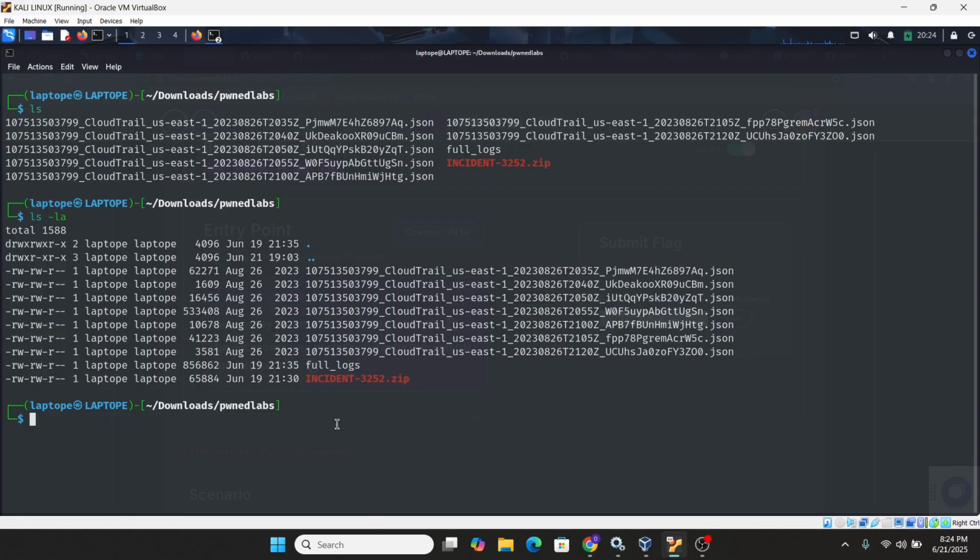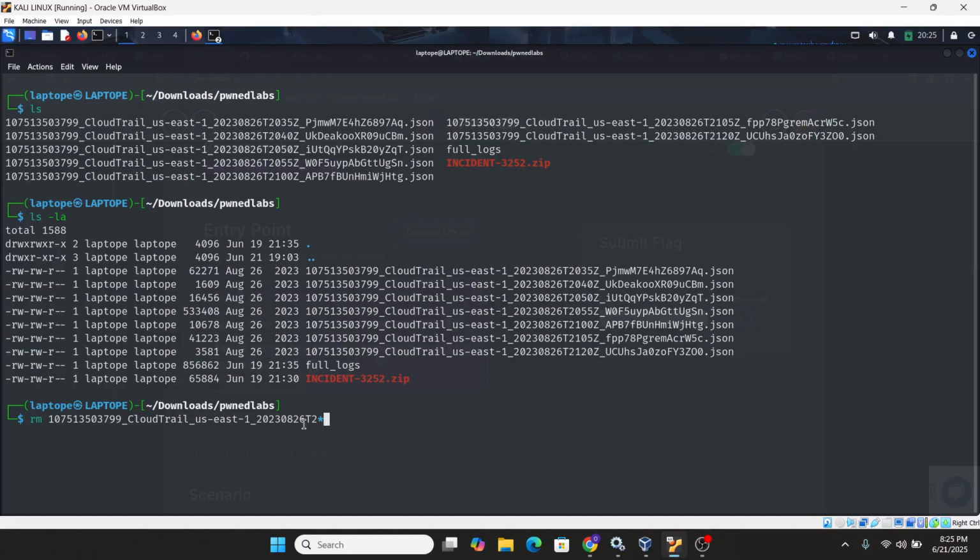So I'm going to show you how to extract the log from the zip file. I'm going to delete everything else. Do rm, and I'm applying a wildcard, which means rm removes all these files.